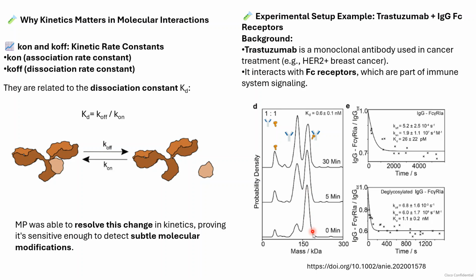Here you can see the association peaks of both the antibody and the receptor IgG are higher, but with time dissociation starts. While dissociating, the researchers noticed that KD, the dissociation constant, is very low in the case of glycosylated IgG, whereas it is higher in the case of deglycosylated IgG. So mass photometry is very important, as it is also resolving this change in kinetics, so that it can calculate the KD, K off, and K on.